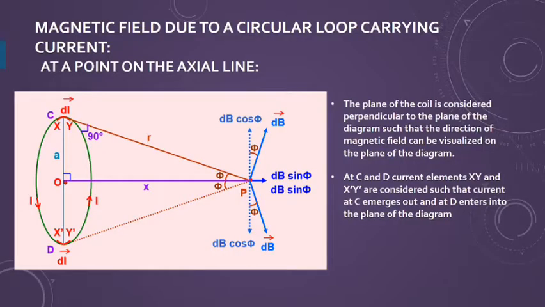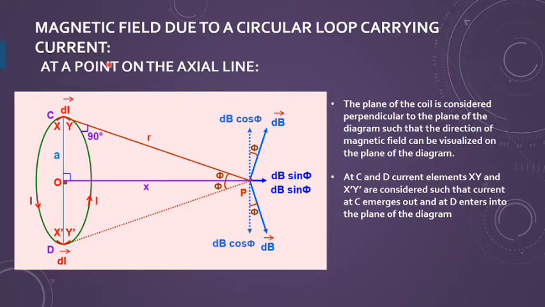That is, we have to find the magnetic field due to a circular loop which is carrying current. So this is the circular loop. You know all the things, and we have already found, for the circular loop, the electric field intensity at a point on the axial line. The axial line is just passing through the center of the ring or the circle and perpendicular to it, like I'm showing you, and the point P is here. So point P you have to find.